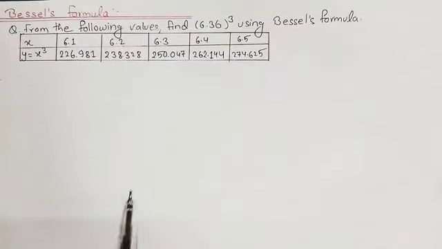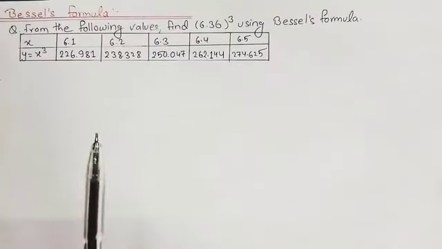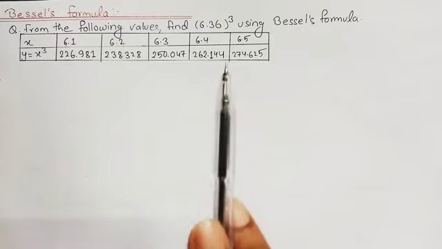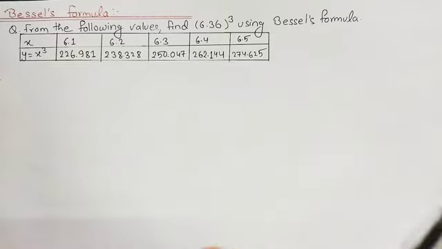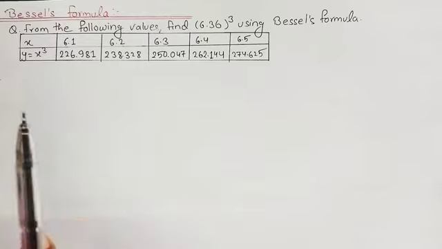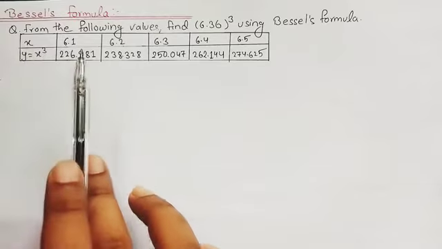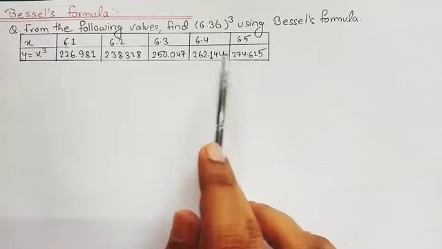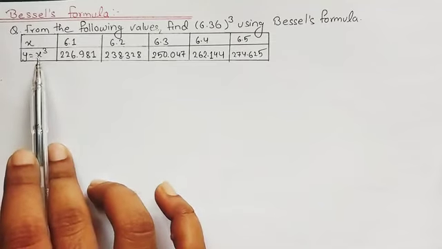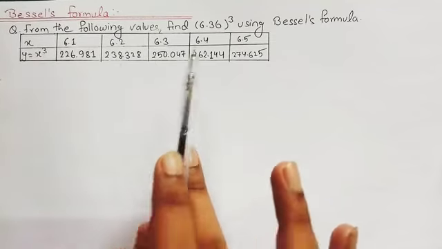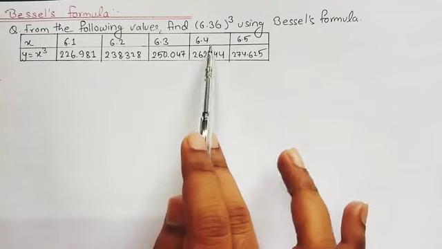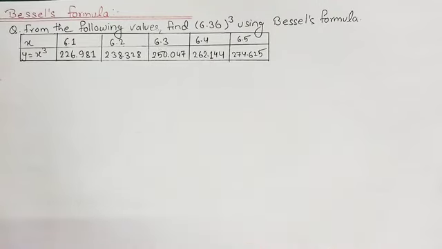So students, let's begin the solution of this problem. Here we are asked to find the cube of 6.36 by using Bessel's formula, and we are provided with different values of x starting from 6.1 to 6.5. Similarly, we are provided with the values of y also, and you can see that 6.36 lies between 6.3 and 6.4. So first let's get familiar with Bessel's formula and then we will solve this problem. So our Bessel's formula is